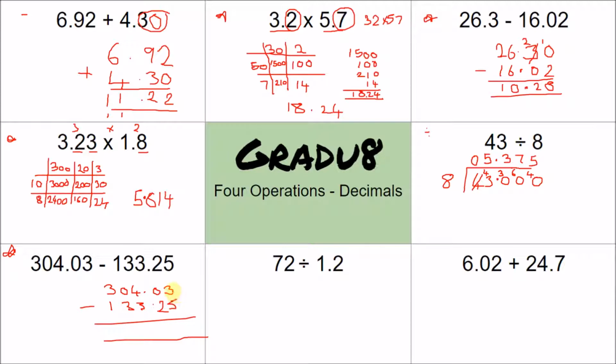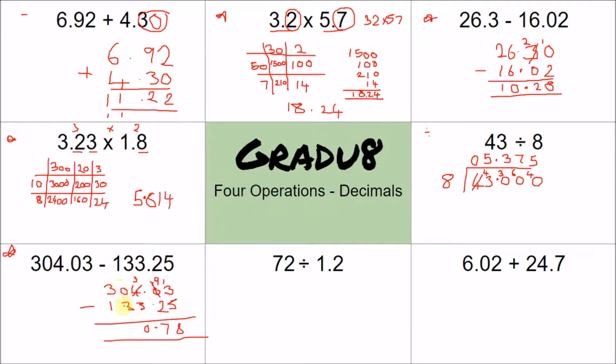Now, if you look here, 3 take away 5 you can't initially do. So normally you'd look at the next digit across, which is 0, but I can't borrow from that 0 either. So I'm going to have to do a little long-winded process. I'm going to borrow from this 4 here, which turns it into a 3, and brings a 1 over here. And then I'm going to borrow from this 10, turn it into a 9, and I'm going to put a 1 here. 13 take away 5 is 8, 9 take away 2 is 7, 3 take away 3 is 0,